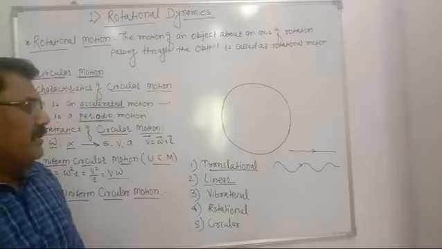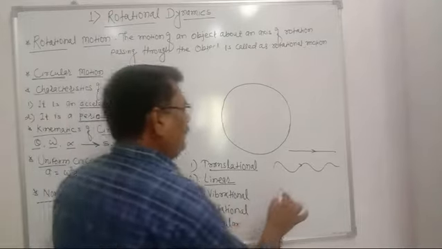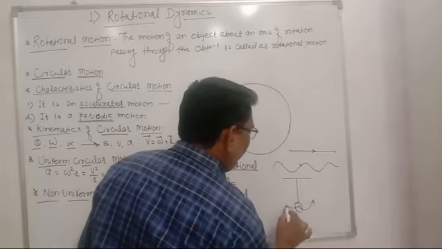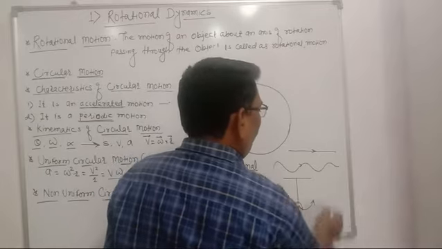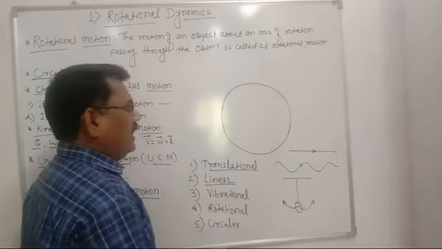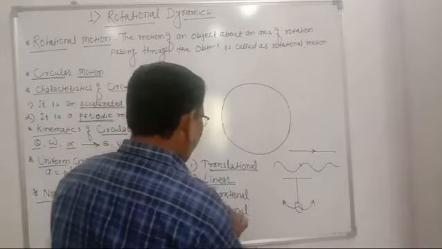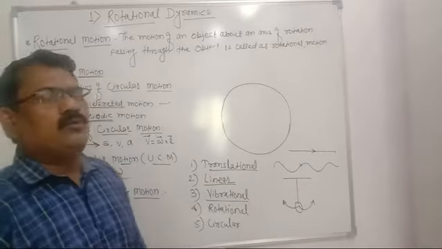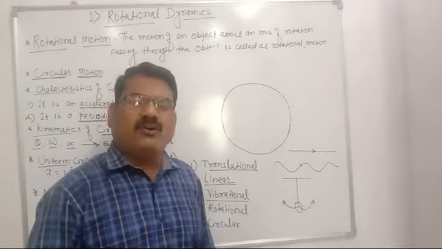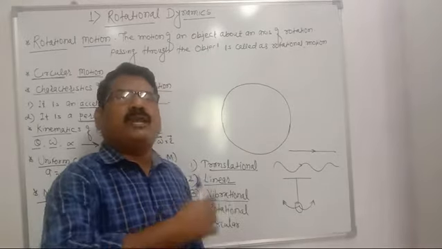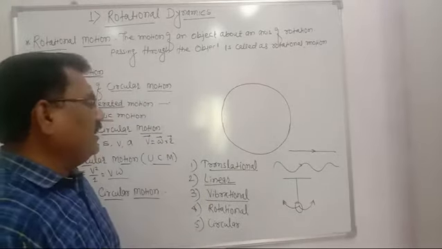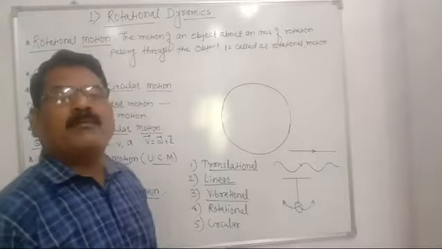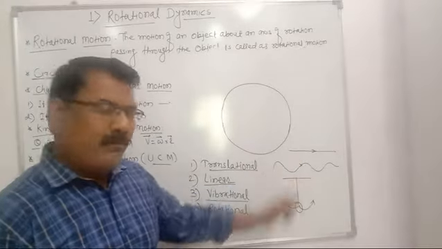or rectilinear motion. But when an object or a particle is moving to and fro or up and down, then that motion is known as vibrational motion or oscillatory motion. The to and fro motion of an object is known as oscillatory motion, or the vibratory motion. For example, the motion of a simple pendulum.